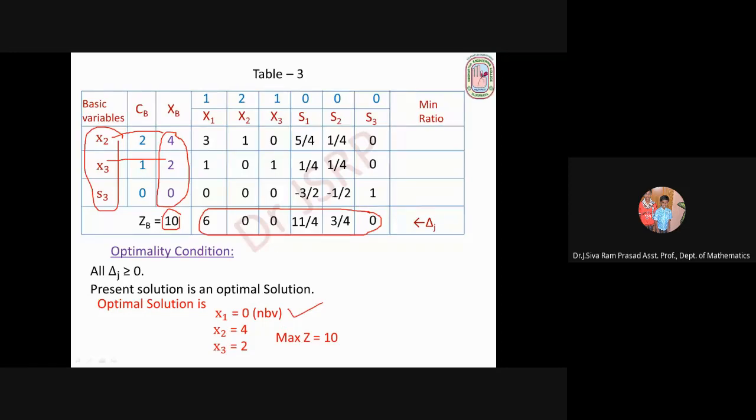Okay. So observe, here we have 0 here. In any problem, this column always contains values greater than or equal to 0. So here you have to get positive values only. If you get a negative value, the calculation is wrong. You have to check it. Since we are finding a feasible solution in each iteration. Feasible means all variables are greater than or equal to 0. So in this column, you always get values greater than or equal to 0, no negative values. If you get a negative value, the calculation is wrong. You have to check it.